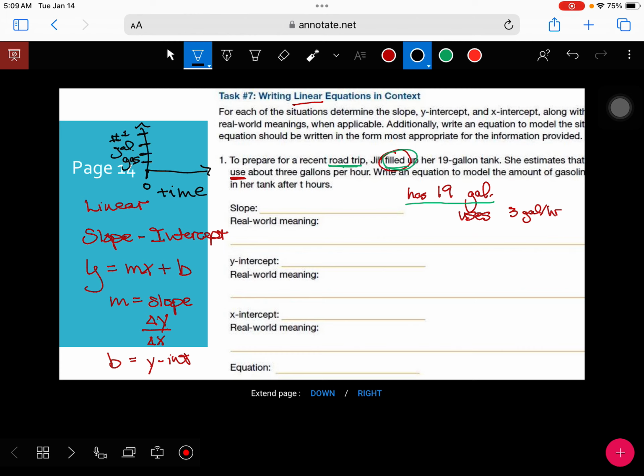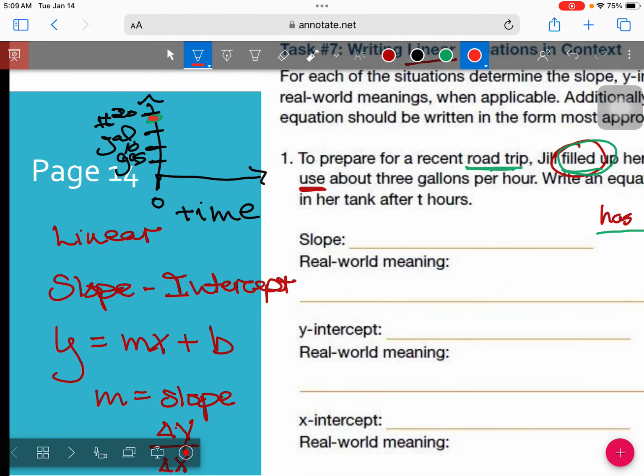So we're going to say this is 20. That doesn't look like a 2. And this is 10. Okay. So she has 20 gallons of gasoline right after she fills up. Let's say that's like right there. Can't see that very well. Okay, so that is the point